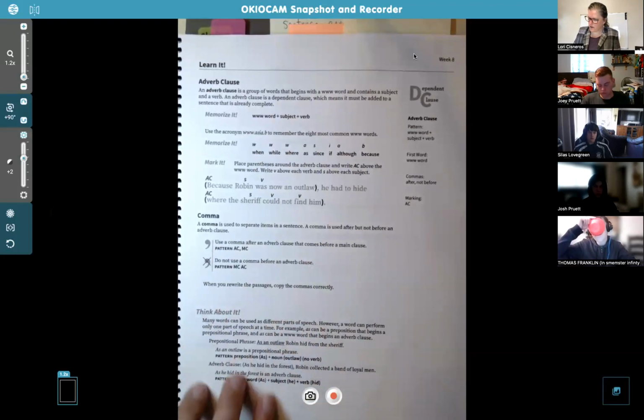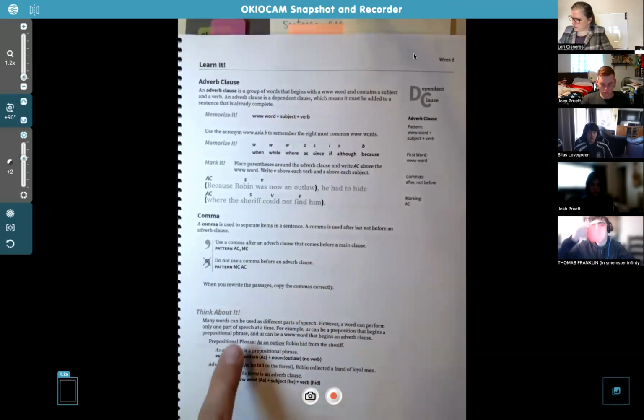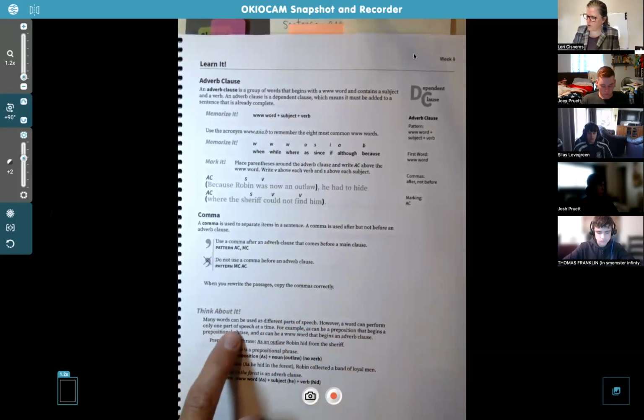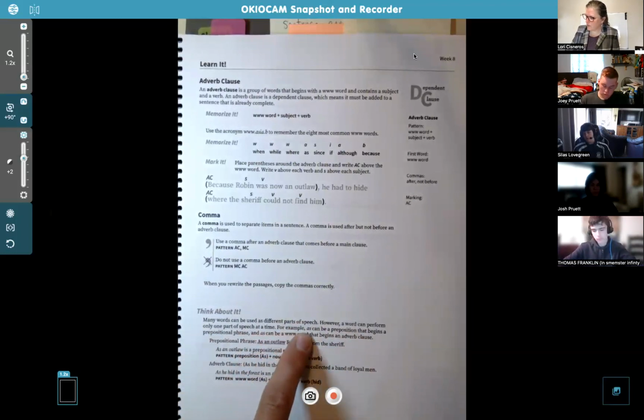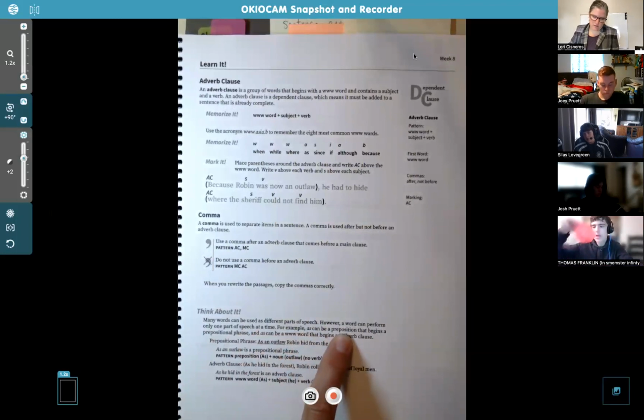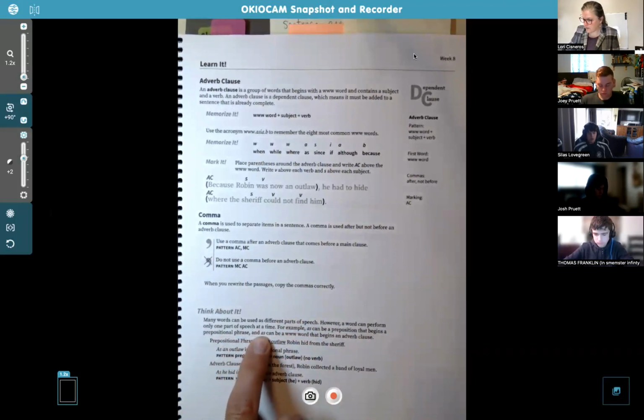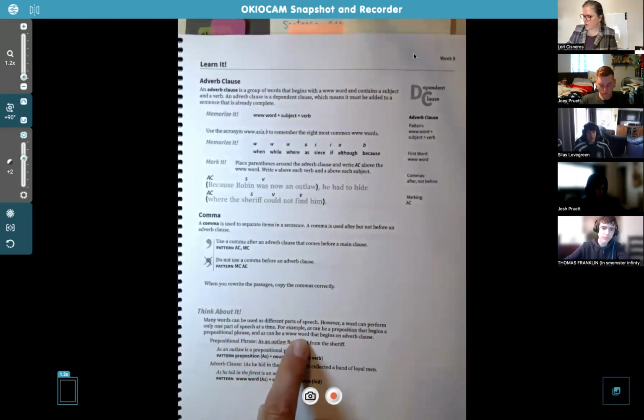And then here's a little think about it right here. Many words can be used as different parts of speech. However, a word can perform only one part of speech at a time. For example, as can be a preposition that begins a prepositional phrase, and as can be a WWW word that